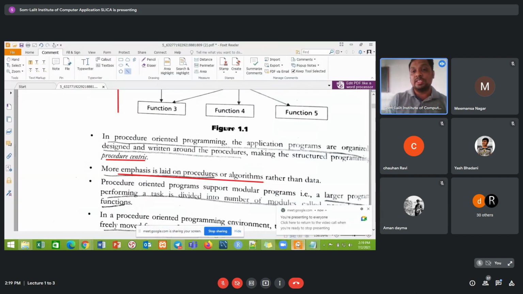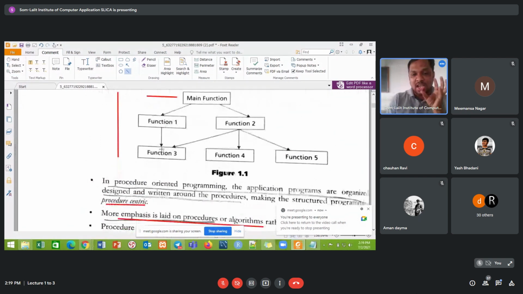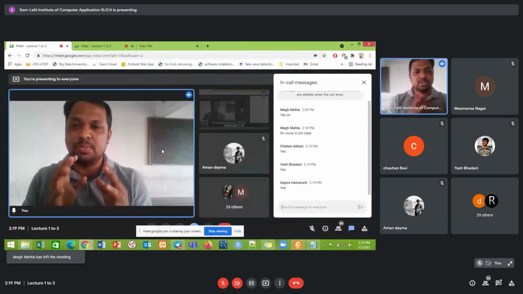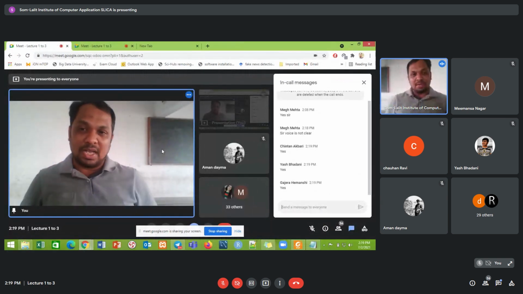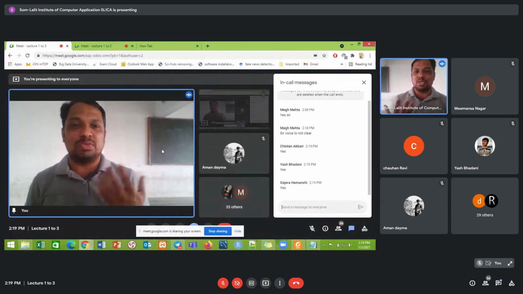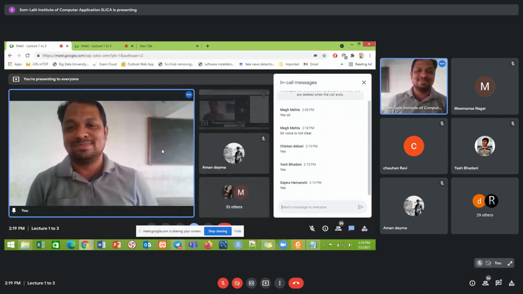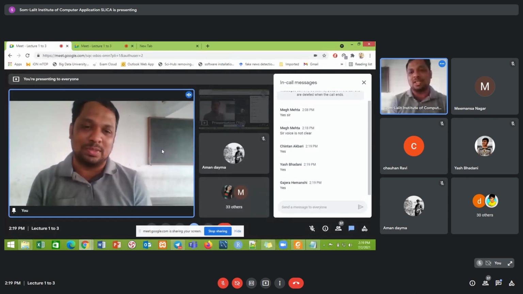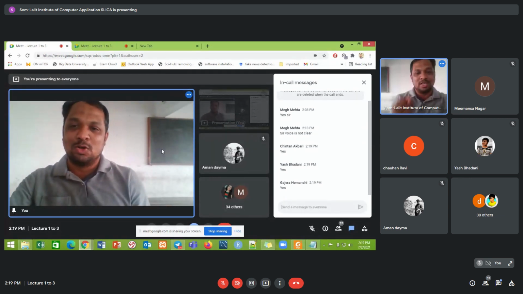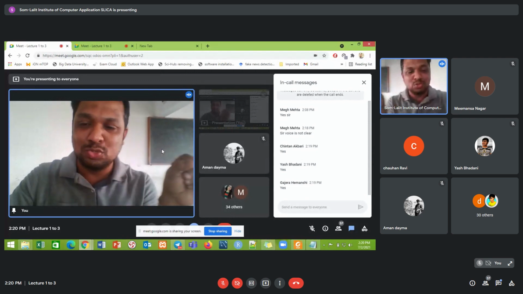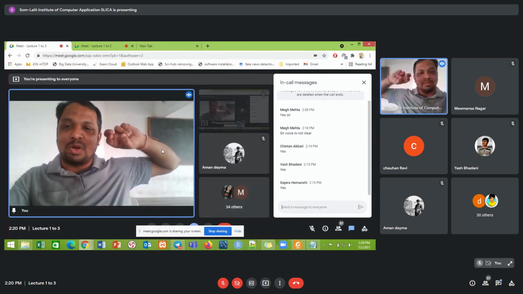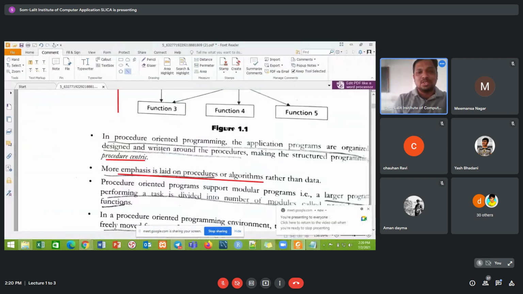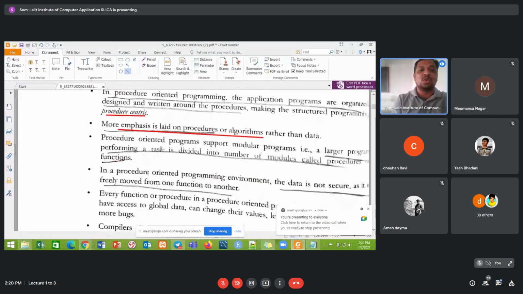Yes, it is procedure-centric. We are writing the procedure, and more emphasis is laid on the procedure. If you remember, whenever Kame sir starts with programming, he will write an algorithm. He will stick to the algorithm, whatever you are planning to make. He will write step number 1, step number 2, step number 3. If there is any problem in step number 3, we'll again go back to step number 1 or 2. So here more focus is paid on the algorithms.